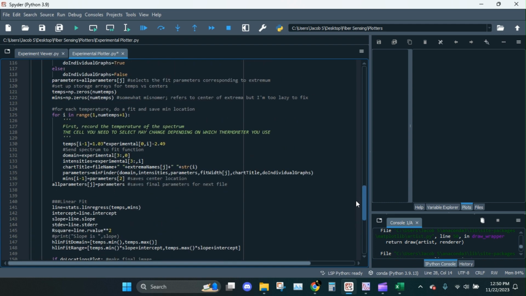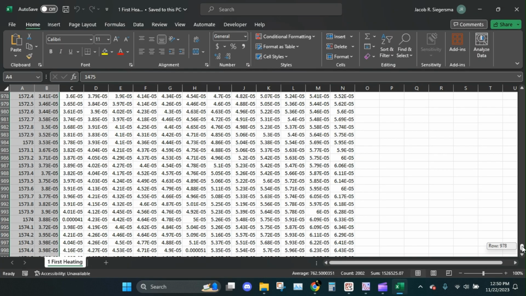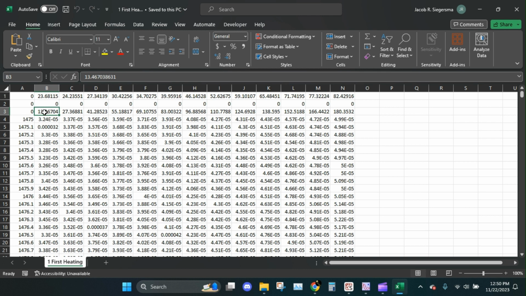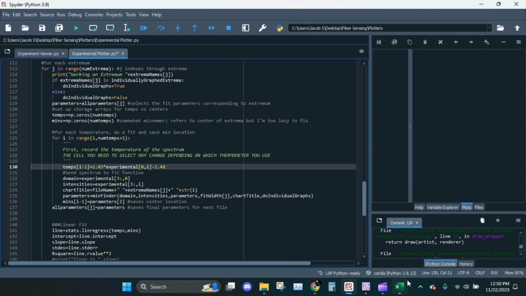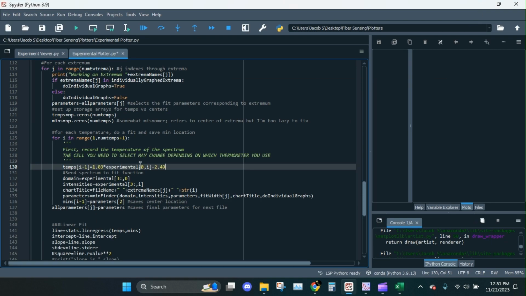One important thing I will mention is down here, right? So I have this big green string here, and it's about grabbing the temperature. Obviously we're plotting this as a function of temperature, so we need to grab the temperature from the sheet. And if we open up the sheet, we can see it's saved in the very first row in this case. But here's the crux: if you used the other temperature sensor, it could be down in the second row instead. So we need to point this to